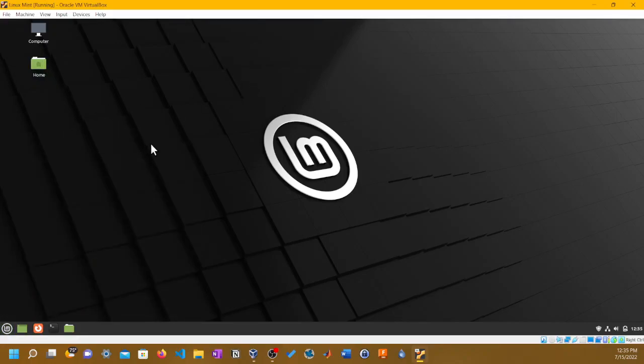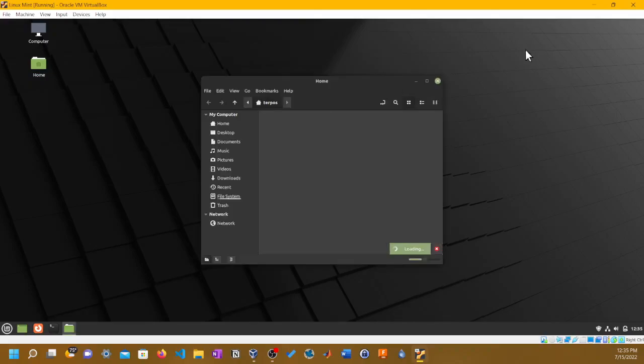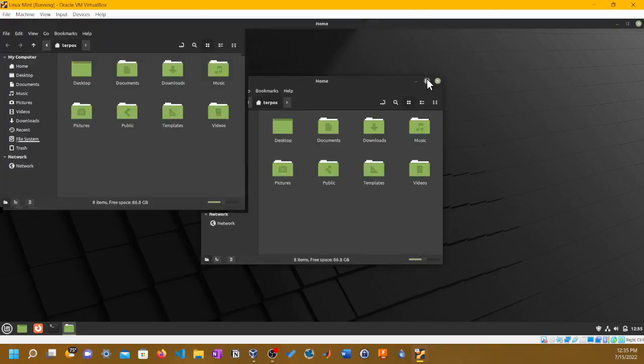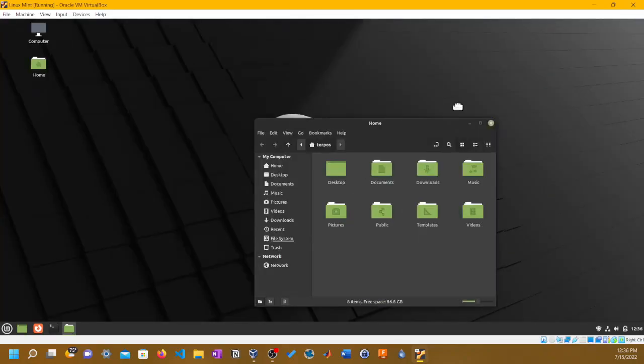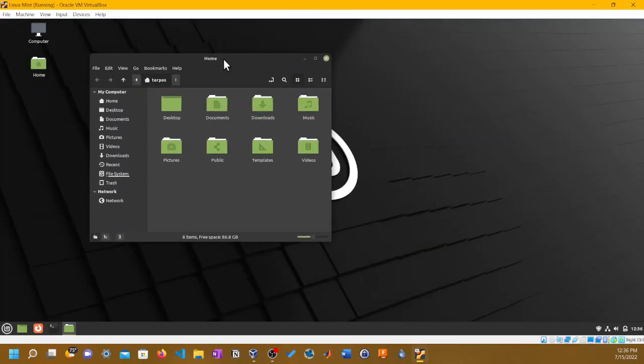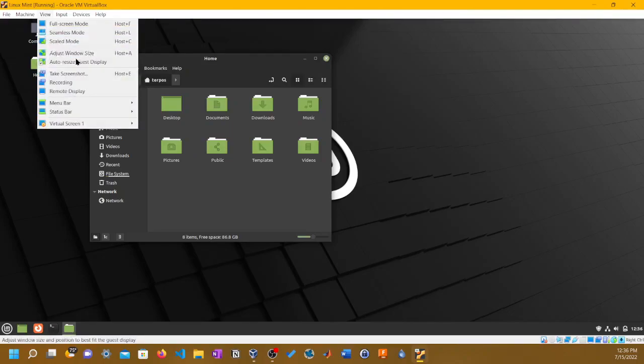Let's click home. It's pretty fast. That's not too bad. Well, if you put Linux Mint on your flash drive and you boot it up, it's going to be way fast. But since this is a virtual machine, this is different. But I love how far it came for this Linux operating system in terms of pretty much everything.